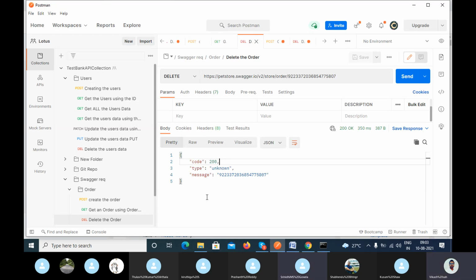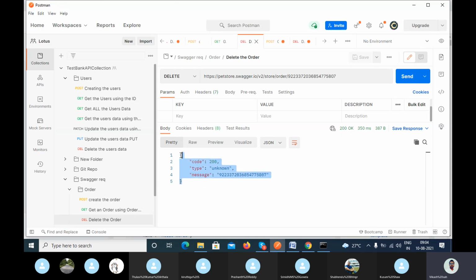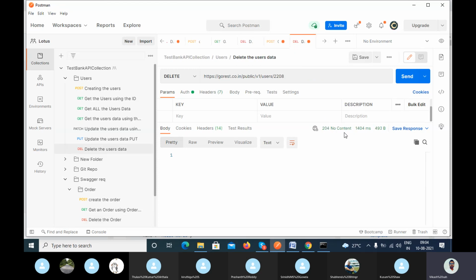Again, this response message depends on the requirement, on what the client wants to print. If the client wants to print anything here, then you will get a 200 okay. If the client does not want to print anything in the response message, then you will get a 204 no content.